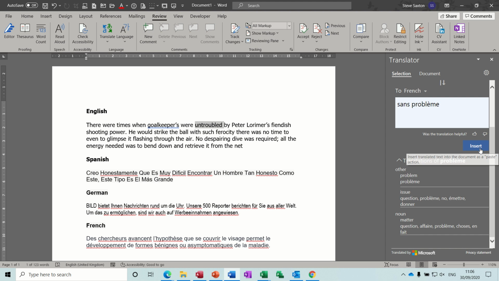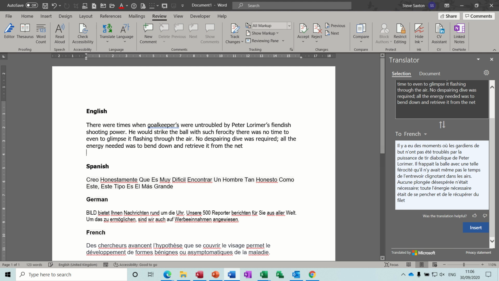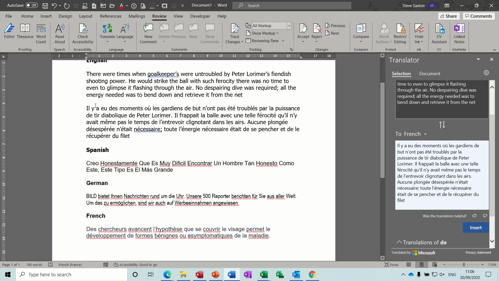You've also got this insert feature, which is what I'm going to use now. So if I highlight this paragraph again, that's the whole paragraph. And what I can do is make a space and then click insert, and that paragraph in French will appear